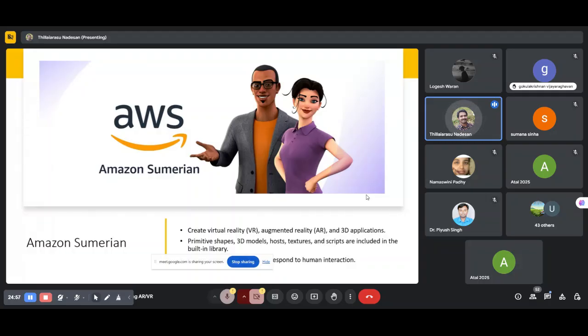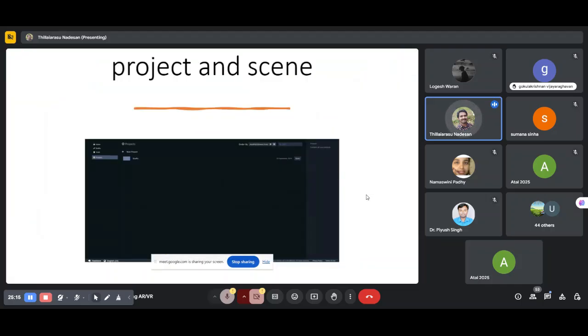Generally, earlier we could work on only one screen. Here you can make multiple screens. You can use an asset pack and a template that users can create from the screens, and you can create a project and scene. Everything is possible to do with Amazon Sumerian. This project and scene, if you download it, or it is web based, you can go directly there. So you can configure the screen, and the console will be like this only.